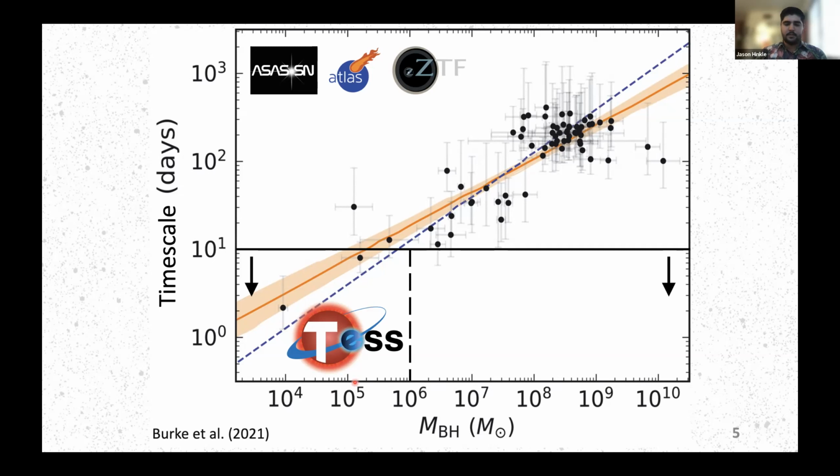So of course, this is where TESS comes in with these beautiful light curves, starting at 30 minutes cadence for the FFIs in the prime mission and getting even shorter in the extended missions. And then a month long baseline in the shortest allows us to get up to somewhere in the neighborhood of a few days, up to maybe 10 days. And as you can see, there are few objects populating this lower box, maybe around a million solar masses or less, where we would expect this type of variability.